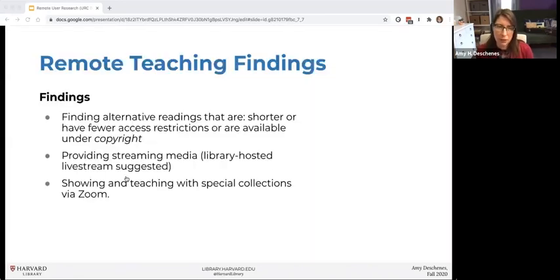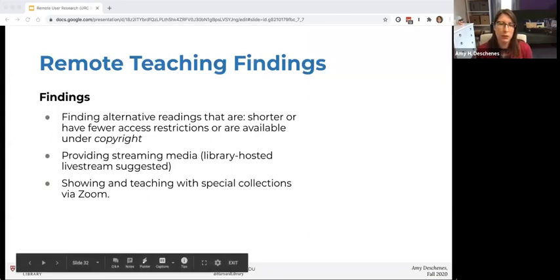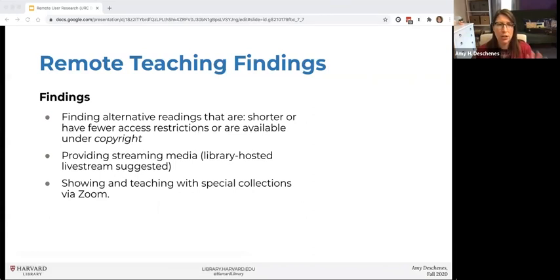So the findings from this focus group are, we have lots and lots of data, but just 3 of the things that have already been acted on and have really informed some of the things we've been doing in the libraries. So first thing was finding alternative readings that are shorter or have fewer access restrictions or available under copyright.